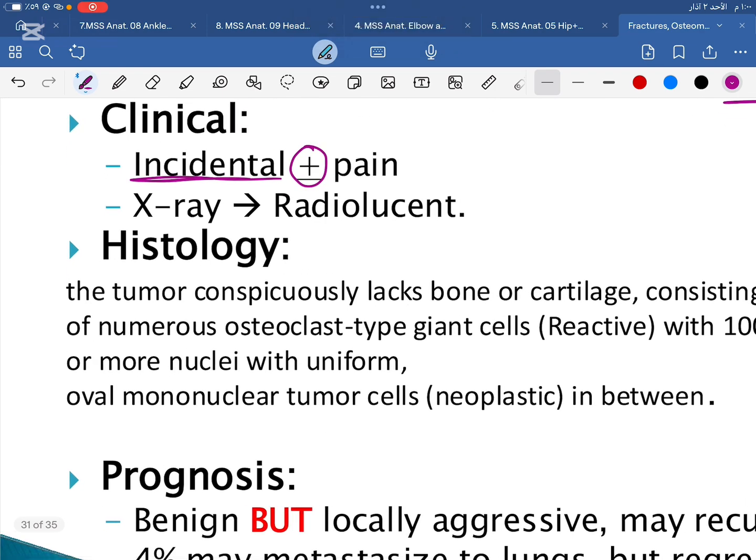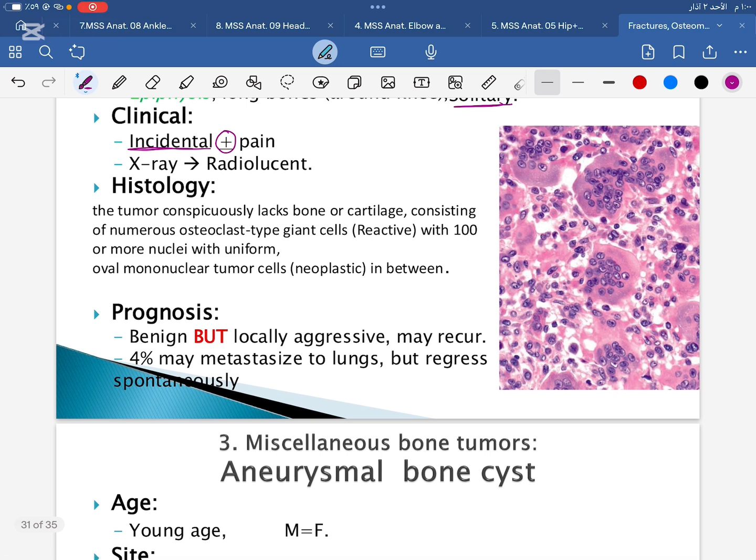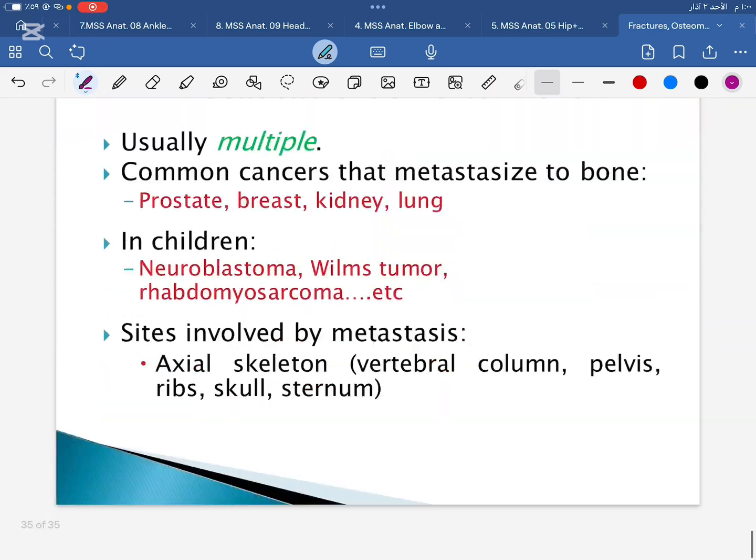lesion. بالhistology, from its name, it's giant cell tumor. أول إشي eye-catching feature اللي هو عبارة عن الgiant cells اللي هو multinucleated cells. بيكونوا sheets of multinucleated cells. In between, we have what? Osteoclast type giant cells اللي هم بيكونوا reactive. و in between في عنا mononuclear tumor cells هم actual tumor cells. اللي بيكونوا mononucleated هم الليجن ولكن بيعملوا secretion of signals that induce the proliferation and activation of multinucleated giant